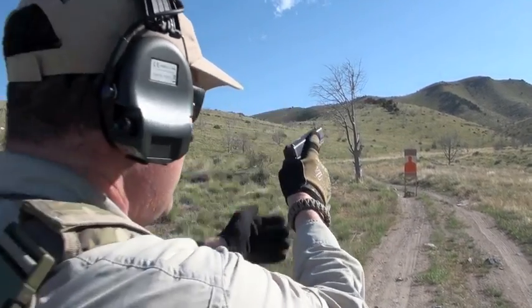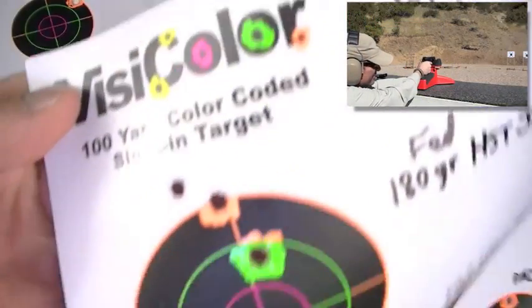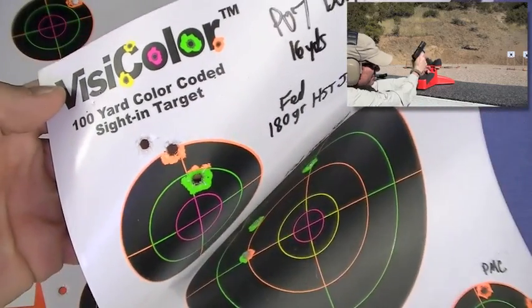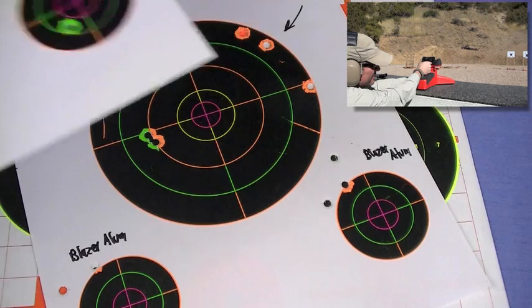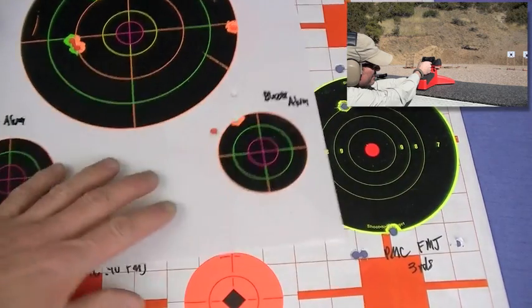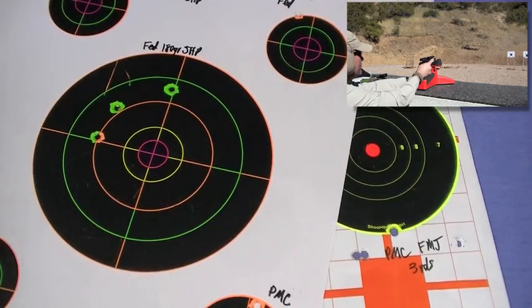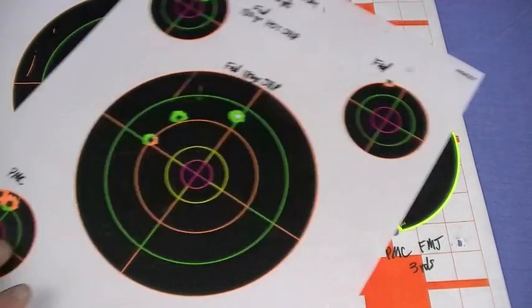Decent group. That's I think the same load all the way around. This is a representative. I think I'll end with that one, that's what the gun's capable of. And you could probably get, let me see what would be a good representative group at 25 yards, what I'm thinking. If someone really tried, maybe a little bit bigger than that, 25 yards. That's my overall take on accuracy as we jump midway into the talking points, talking about the CZ P-07 Duty